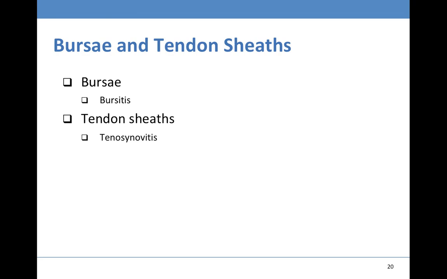And so if either of these two, the bursa or the tendon sheaths, become inflamed, we can have a condition known as bursitis, which is the chronic inflammation of that bursa, or we can have tenosynovitis. So we'll pause here. Now that you have the classification of each type of joint, you should be able to note the differences in each joint as well as give examples of them. And you want to be able to structurally and functionally classify your